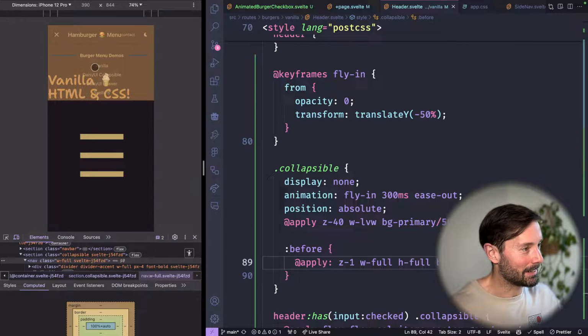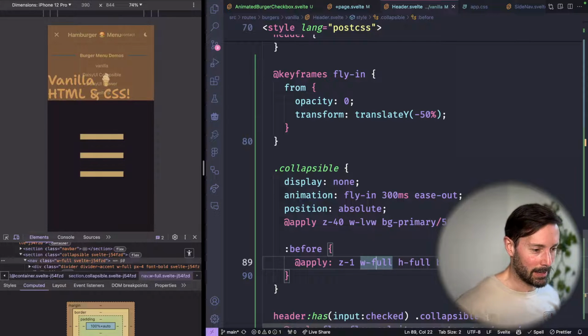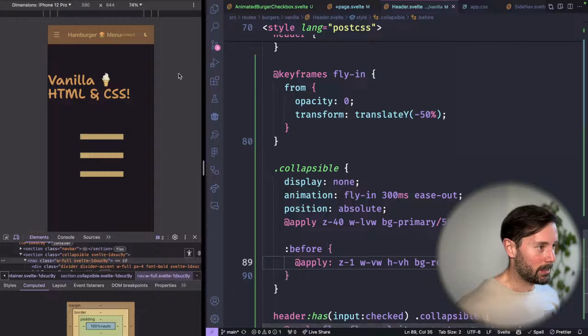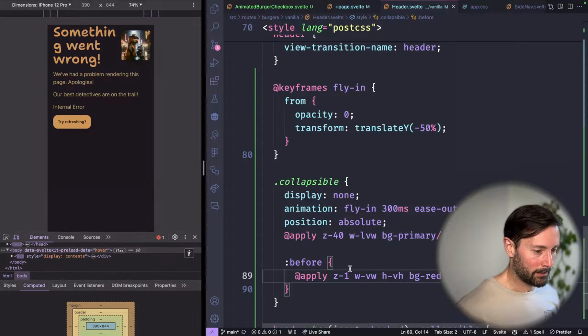Doesn't really matter. Like it feels like a thing I should do offline, and we can have like an overlay. That's what I was thinking about, this overlay, I guess. So maybe viewport width and viewport height. Let's see, it's red for this. Does that do anything? Not really, because apply is not a real thing,